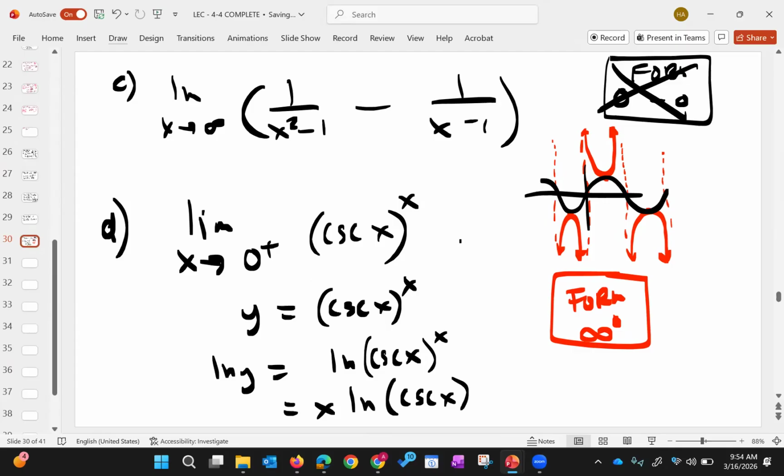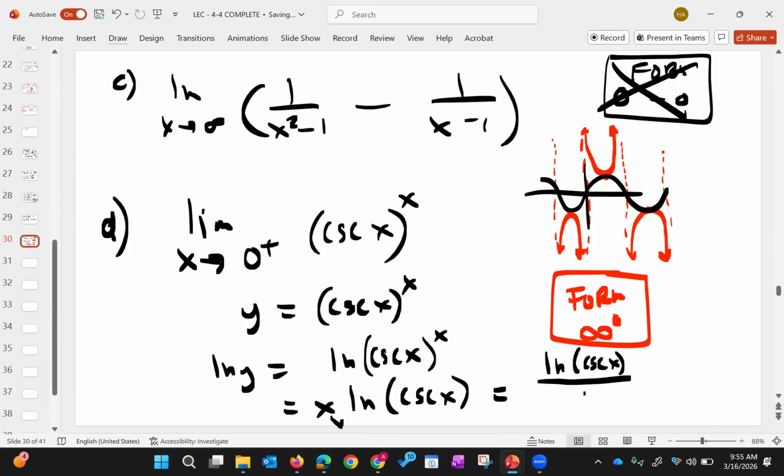Okay, and you should kind of tell, that's interesting. If you want to actually see the form, this is now a product form. And if you graph this, you'll see that this goes to 0 and that goes to infinity. But we're just doing the algebra behind it right now. I've got to make this guy into a ratio. Now that's getting crazy. The trick is I'm going to take this x right over here. Let's leave the ln and the cosecant of x, let's just leave that alone. But if I take this x down to the bottom,